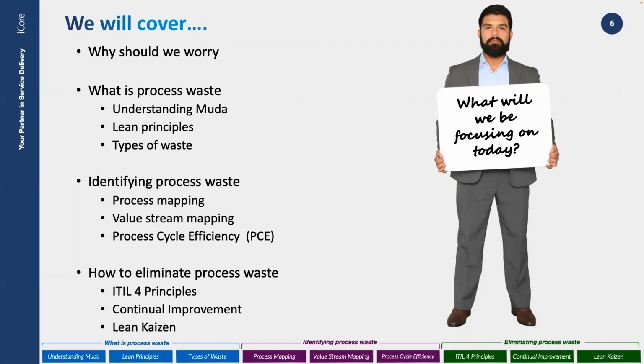we can say from the theoretical side of what it is, and then identifying process waste, so really digging into how you would find this, because it can be very overwhelming to make that start. Then once you've found it, once you've got your improvement initiatives and all the areas you can see that there's waste, what do you do then? So how do you go about eliminating it? And I put eliminating it, but as we all know, it's rare that you can eliminate it, but how you can reduce it, if nothing else. So as Naeem said, sit back, and I hope you enjoy.